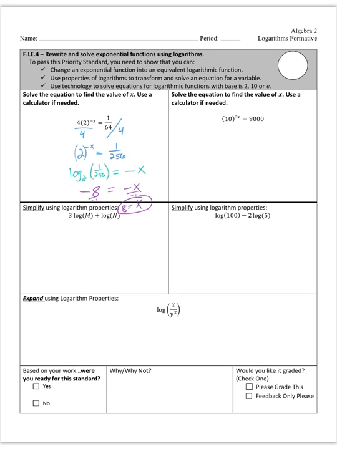Right, next one. Right now there's nothing in front of the 10, and so it's ready to move into logarithm form. So we're going to do log base 10, or you could just do log of 9,000 equals 3x. I'm going to get the x all by itself, so divide by 3, and I'm going to put that part into the calculator, and I get